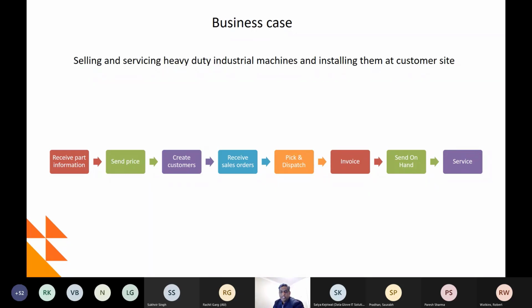And then once we create the service order in the CRM system, we push it back in Dynamics. So that's how the whole